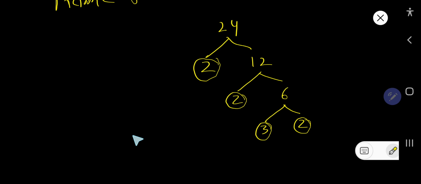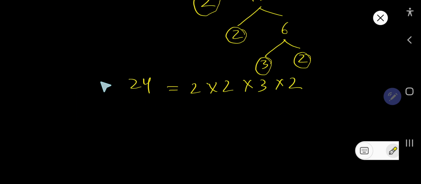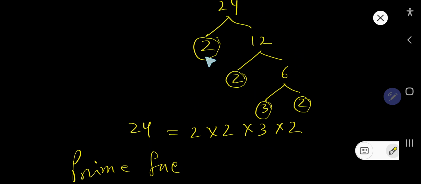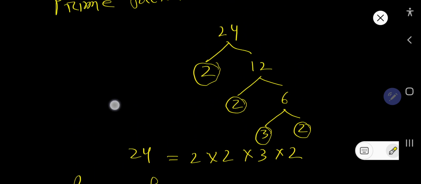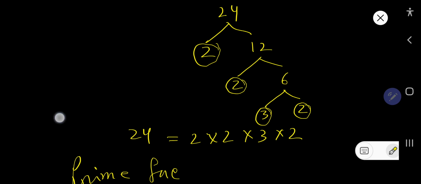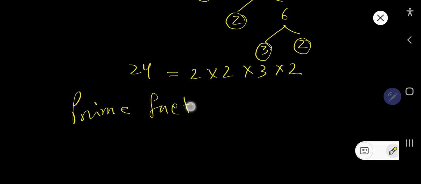So the prime factorization of 24 is equal to, write this 2, then this 2, then this 3, then this 2. So look, prime factorization, this 2 and 3 are the prime factors of 24, and the prime factors are 2 and 3, and